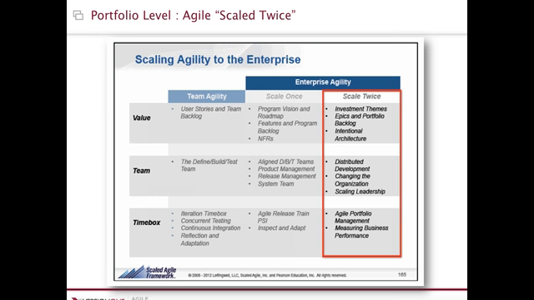So agility scaled twice, and this is that level that we often hear people wish actually existed in their Agile efforts. I don't know how many times I've heard people say, wow, I wish my executives would be involved with this. In many organizations, Agile has advanced to the point that it's happening at the program level, where there are teams of teams building things. But there's still a big gaping hole there for the involvement of the folks at the very top of the decision-making chain. And that's one of the things I really like about the Scaled Agile Framework, is it's very